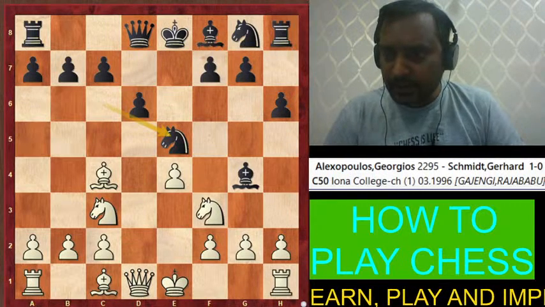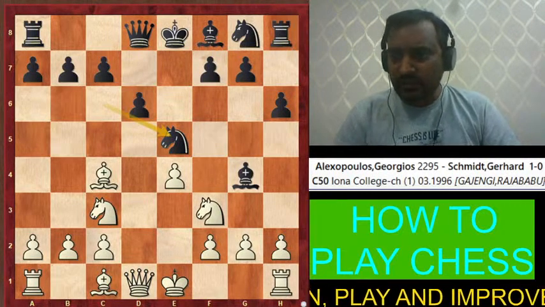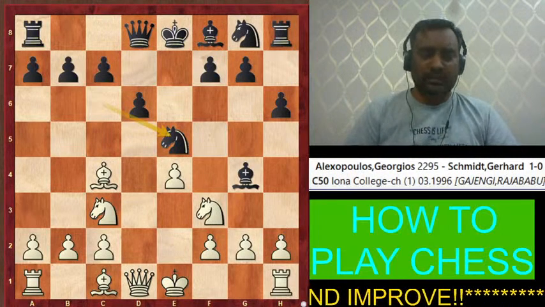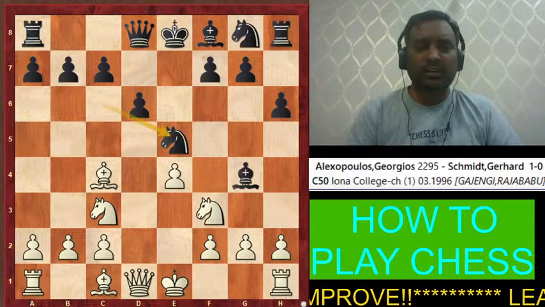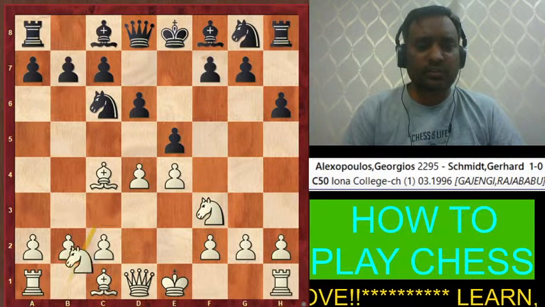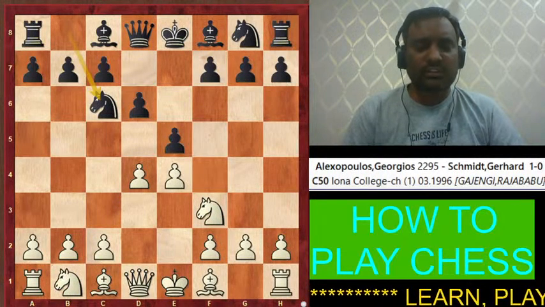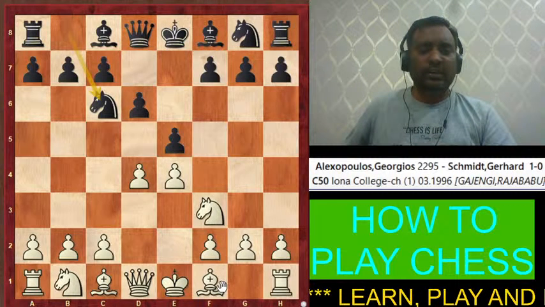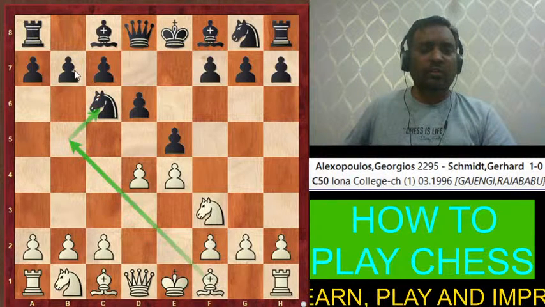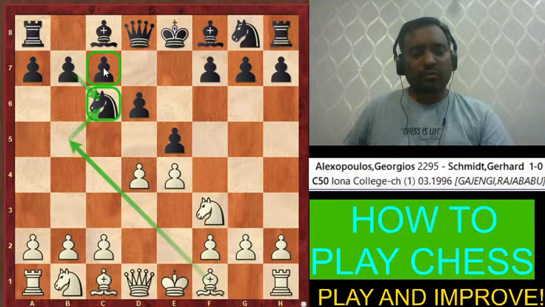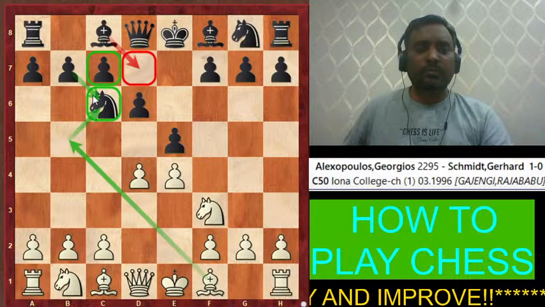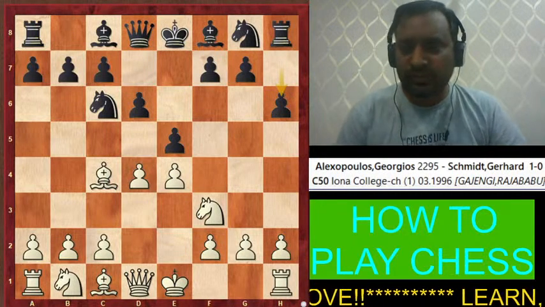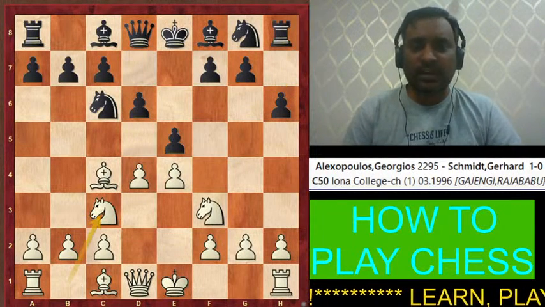Pranit is saying, hi sir, here I have a question. Why didn't we play bishop b5 and pin the knight, causing doubled pawns for black? Okay, so here Pranit is saying in this position, it is better to play bishop to b5 and capture to double up the pawns. Okay, you can double them, but he can play bishop d7 and avoid the doubling of the pawn, so that is possible. But even bishop b5 is also a good move, there is nothing bad in that.